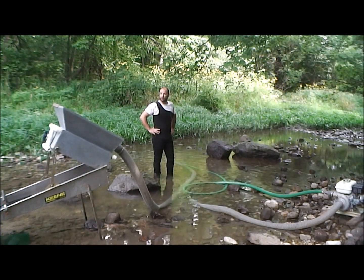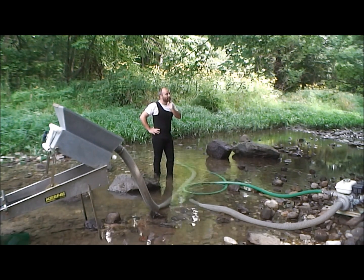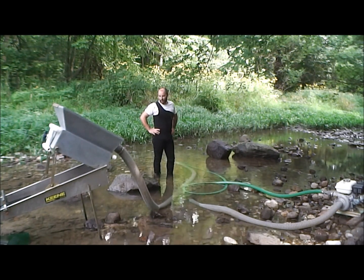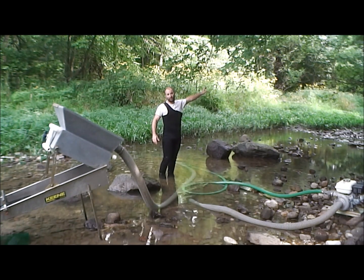Alright, well, as you can see, I've actually moved from the spot that I was at, and you can probably tell by the growth on my hair that I haven't shot in about 2 weeks. I've had a lot of things going wrong, setting up my mats, setting up the right pitch, making sure I wasn't losing gold. I tested from down where you've seen at the first of this video,